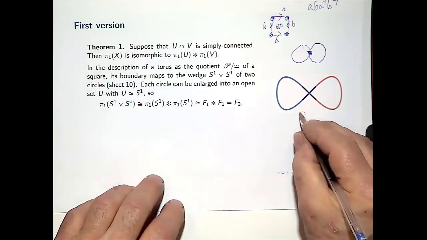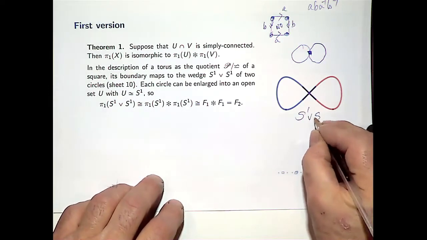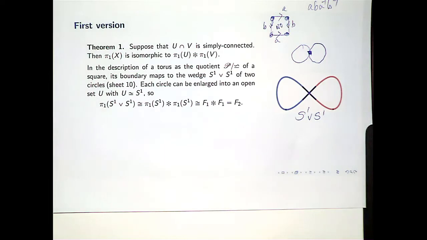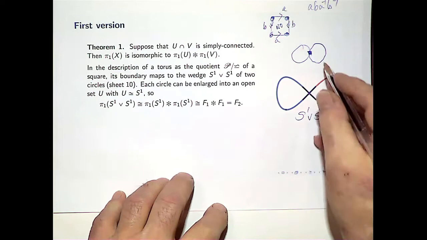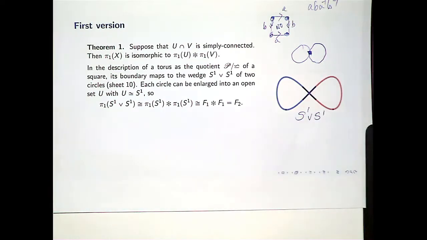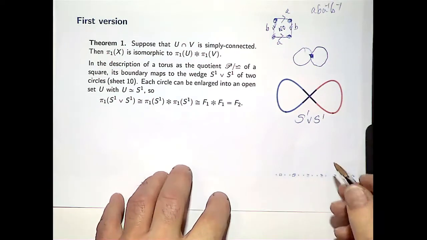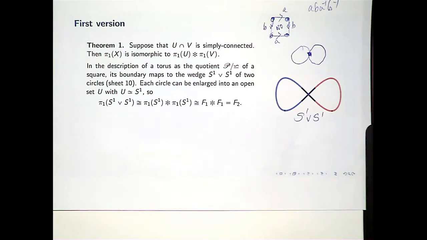It's called a wedge of two circles. It's written S1 wedge S1. S1 is a circle, or topologically a circle, homeomorphic to a circle. Well, you know, I can't take the two circles because they're not open subsets, but I can extend them a little bit, just as I did for the